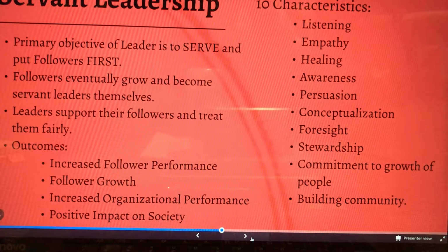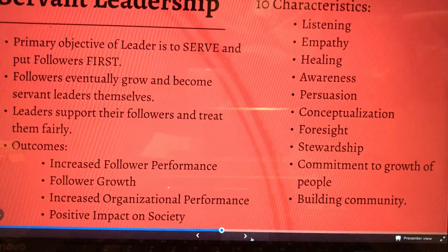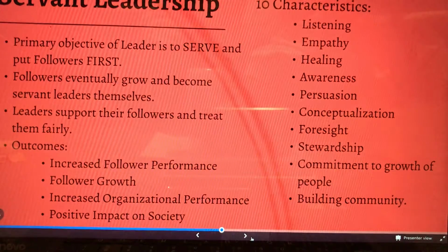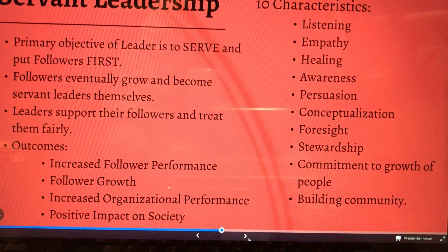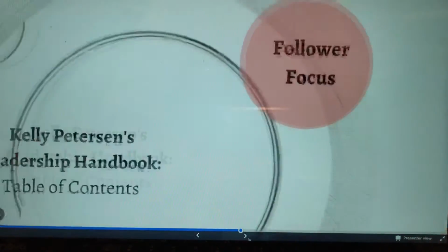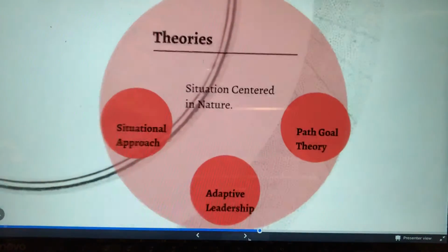These servant leaders, they make more servant leaders. Their followers grow underneath them, and they go out and they help grow others, which I really saw as a positive impact on society as the best outcome of this leadership theory. And I wish that people implemented it more often. No servant leader is ever going to be the same, but the characteristics, they just can have such a huge impact. So then in the situational focus,